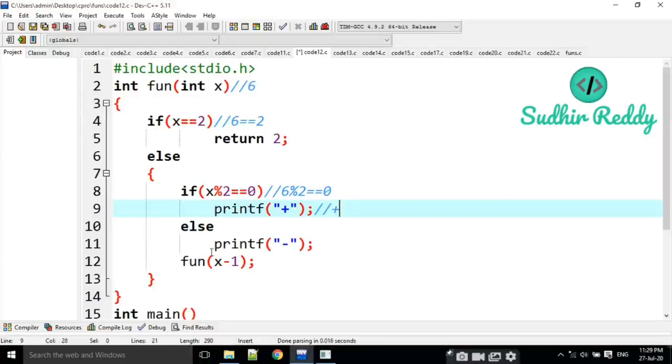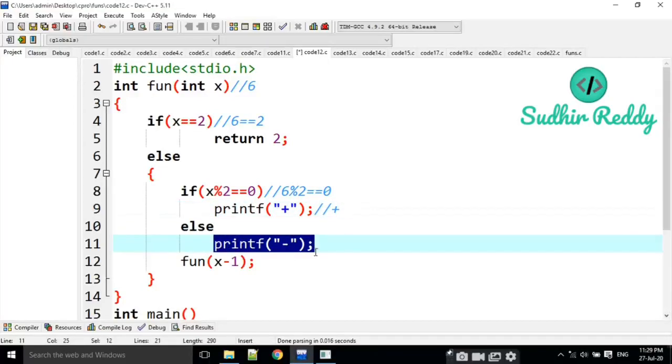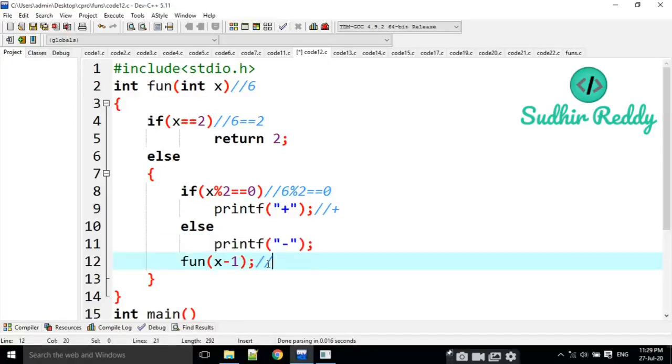If it is an odd number, I am going to print the minus symbol. After printing this, again we are calling the function fun of 6 minus 1, that is 5.